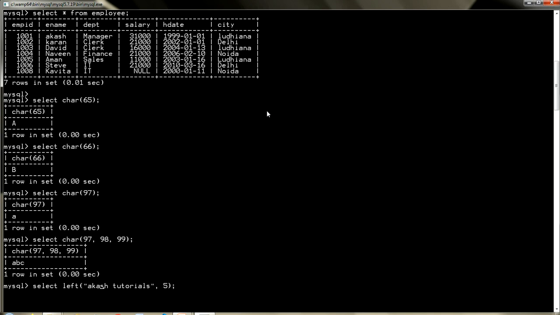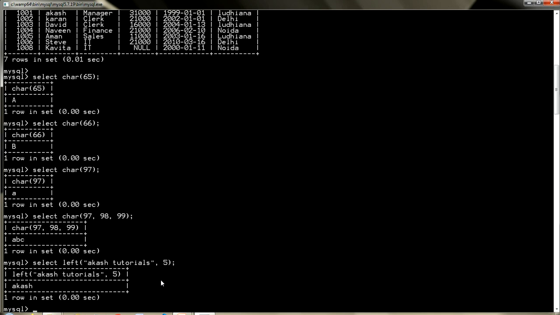It accepts 2 arguments. Arguments are basically the values you write in the parentheses after the function name. So it accepts 2 arguments. If you write this, you can see it will extract A, K, A, S, H, the very first 5 characters.